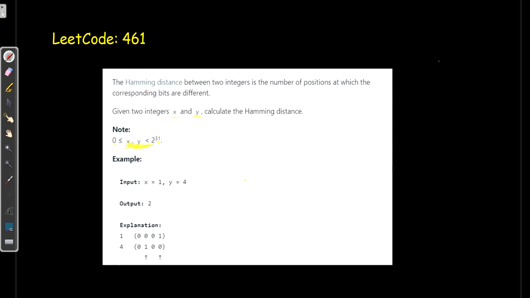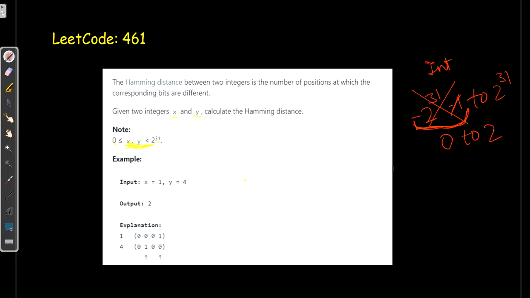As we know, the integer range lies between minus 2 to the power 31 and 2 to the power 31 minus 1, but let's ignore this. These are unsigned digits, so we will take all the positive integers from 0 to 2 to the power 31.